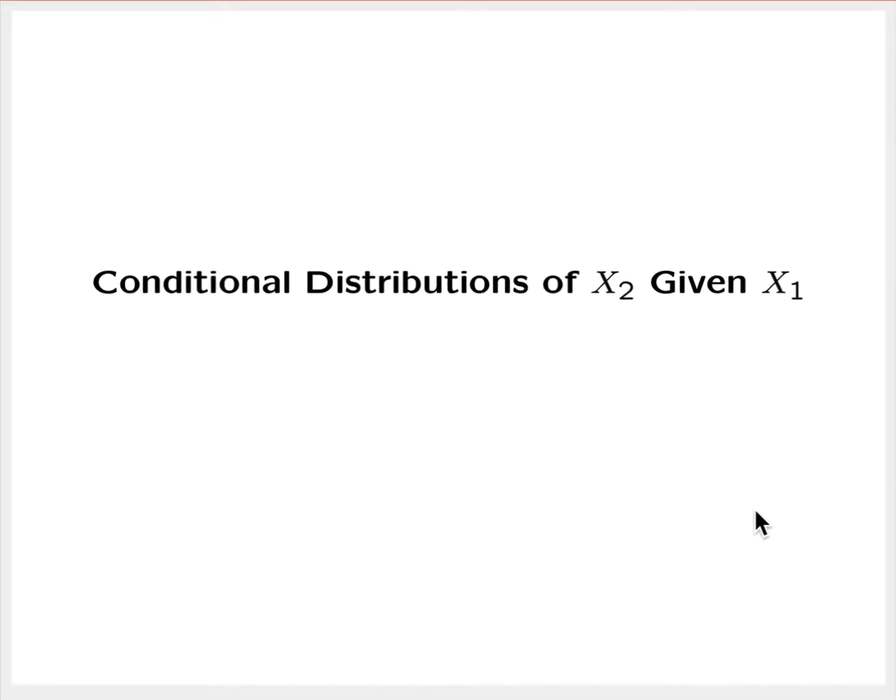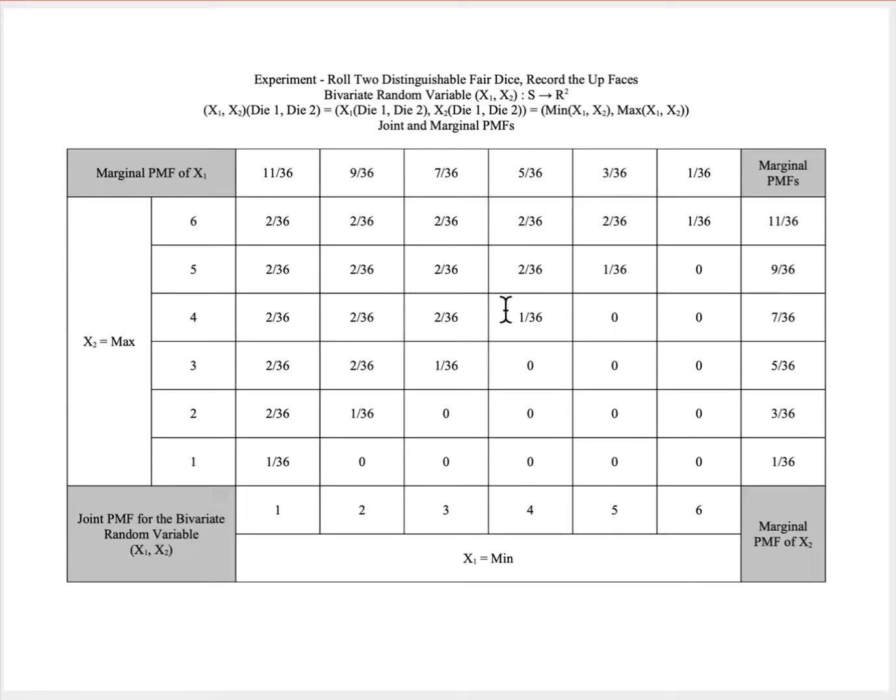Okay, so now we want to find the conditional distributions of x2 given each of the values that x1 takes on in its sample space. And so going back to the joint probability table, now we're going to be conditioning on x1, and so we're going to be conditioning on these values taken on by the marginal of x1. And so to find the conditional PMF of x2 given that x1 is equal to 1, we notice that when x1 is equal to 1, x2 can take on the values 1 through 6, and the values taken on by the conditional PMF will be these joint probability values divided by this marginal probability value. So we divide each of these by